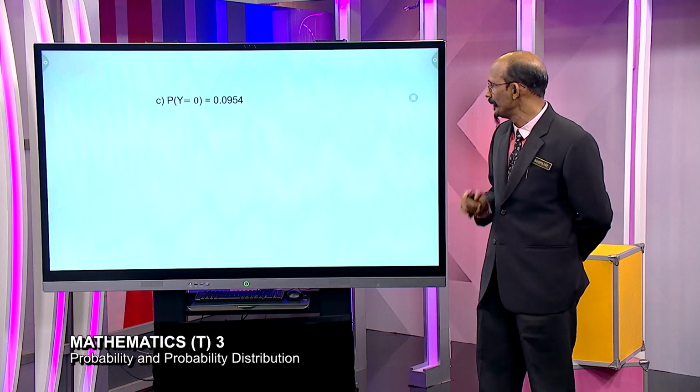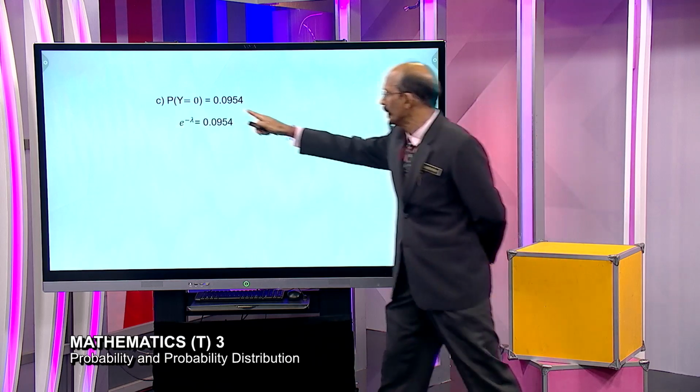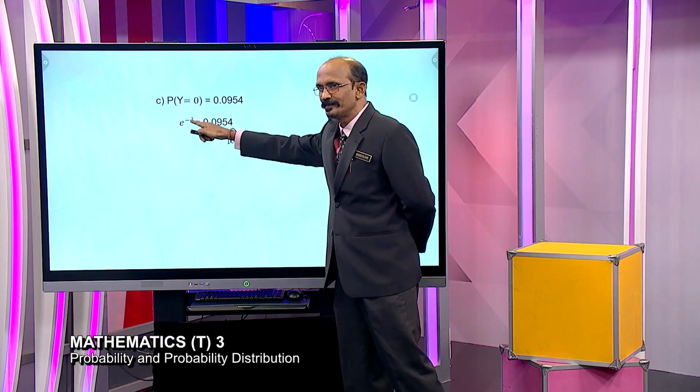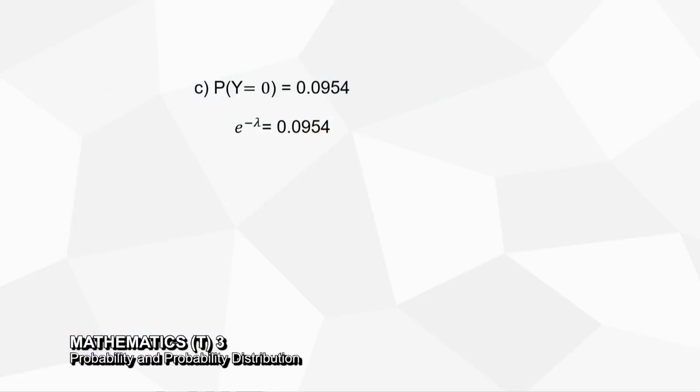Okay. You need to find your lambda. So we use the formula, the useful result. This is what I call the useful result. Using it, you get e to the power of negative lambda is equal to this one. Then we try to solve it. We use ln, we solve, and then we get the answer